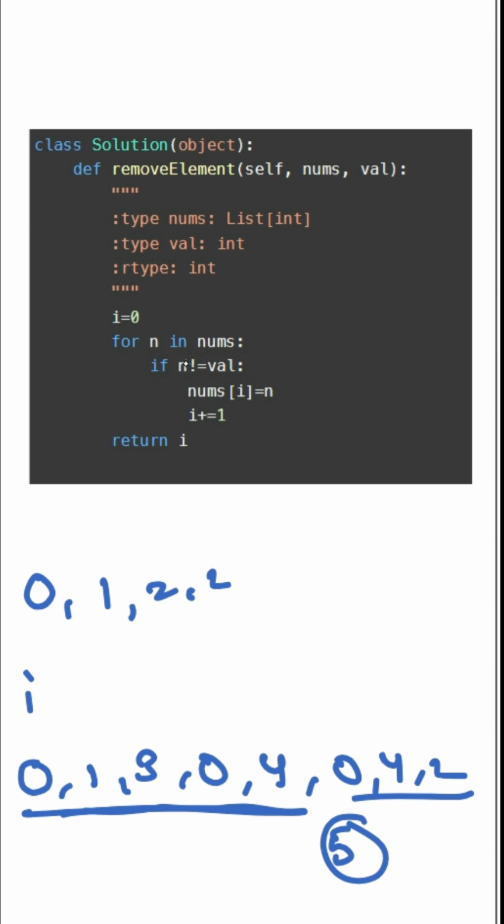To pull this off we need a loop for this to happen, and an index to locate and move the numbers. So we are getting an index here, and we are looping through the list nums. For n in nums means in the list, and here at the first index. So if n not equal to